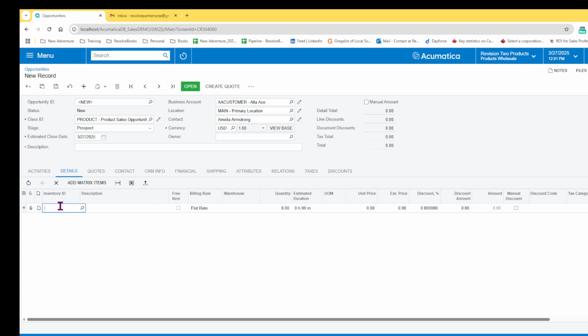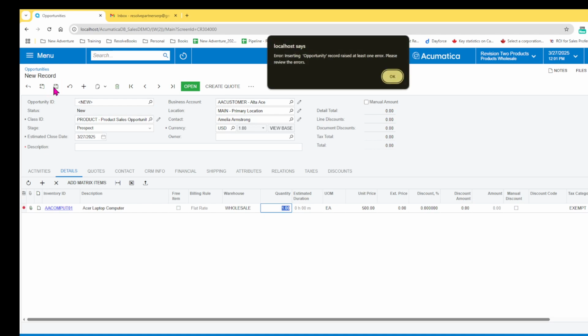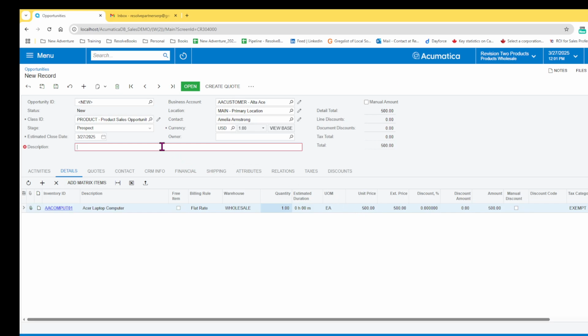To add individual items, we'll add a single item this time, keep it simple. We'll look up the number here. You can begin to type, Acer, and it will prompt for the individual item. Select that. Gives a description, and then we'll select the amount. We'll set the quantity to a single unit, and then we'll hit save. And it's asking for a description here. We'll just say new opportunity,